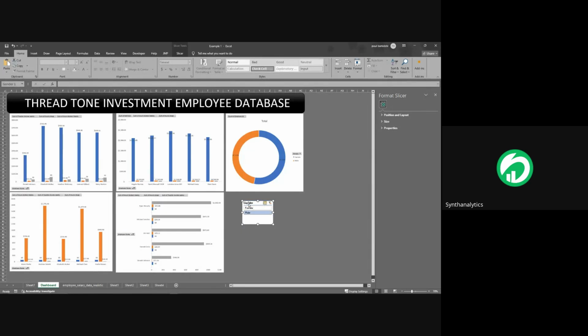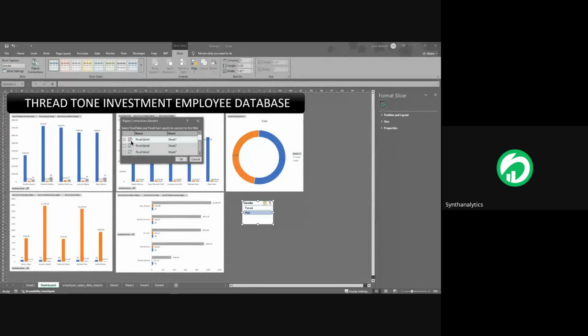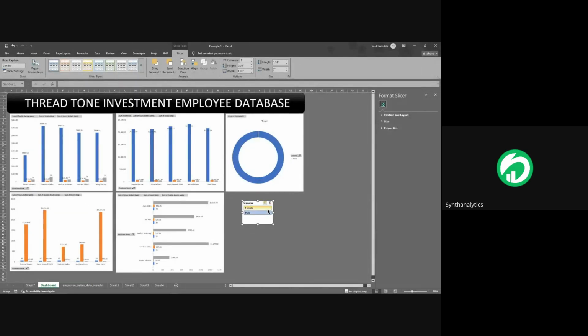And there's a way I have a slider. I can put in the connection. I can decide which of the pivot tables I want, but I want everything. So I can select all the pivot tables so that they respond to my slider. So as you can see here, if I click on female,